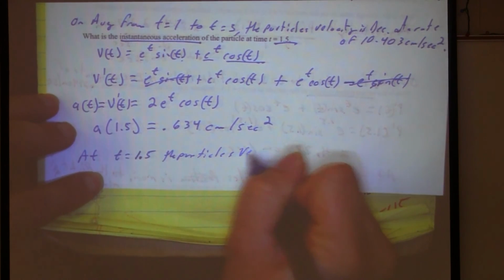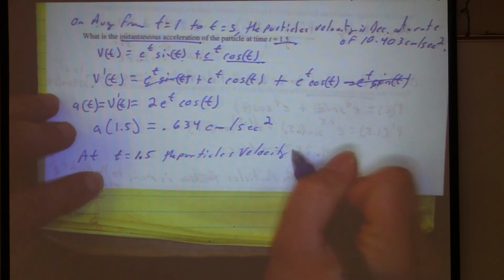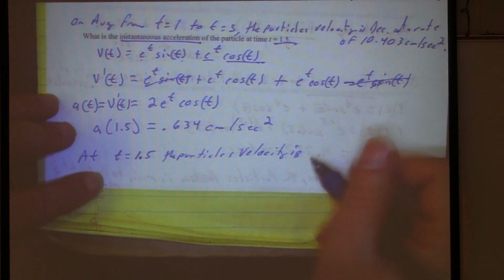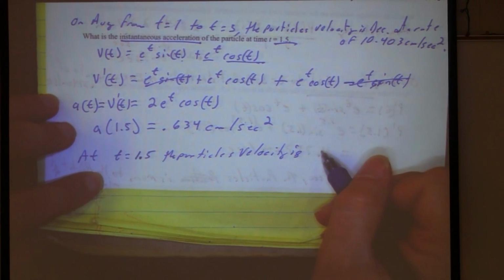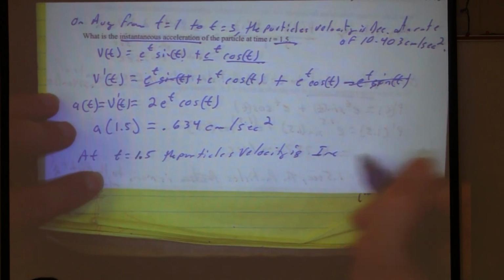Particle's velocity is increasing at a rate of